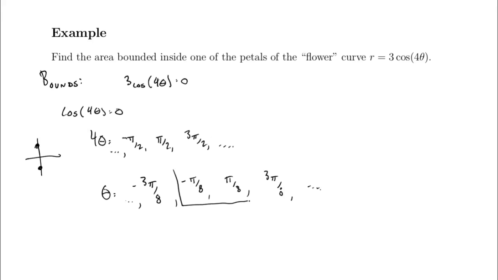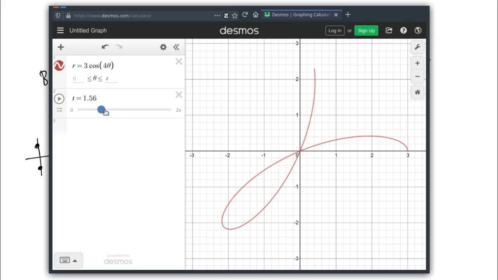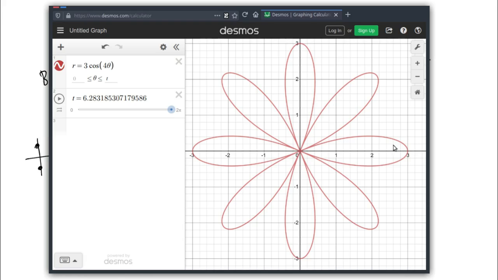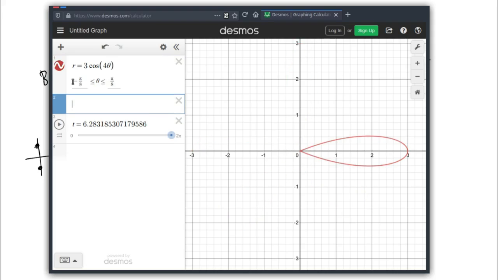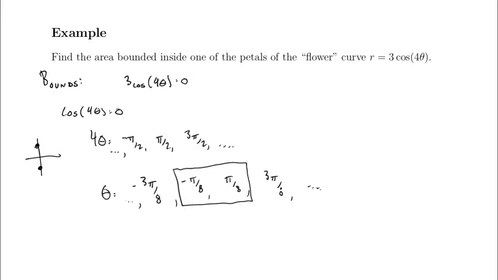So what I'm going to do is just grab these ones right here. I'm going to say, let's take a look at this loop. This loop is, if we draw this thing all the way out, it's this right here. We can go ahead and look. Negative pi over 8 up to pi over 8. That's the petal that we're looking at here. You could pick any bounds that you wanted as long as it only includes one petal here. But now what we're going to do is say this area is going to be an integral from negative pi over 8 up to pi over 8 of half r squared